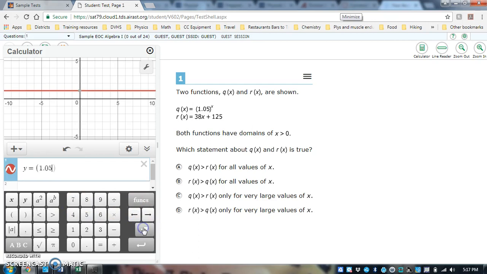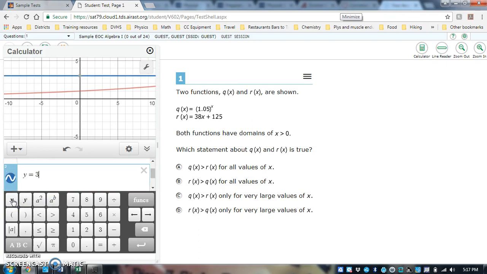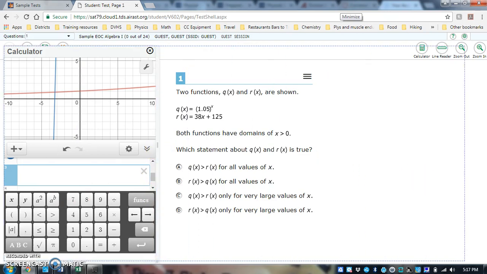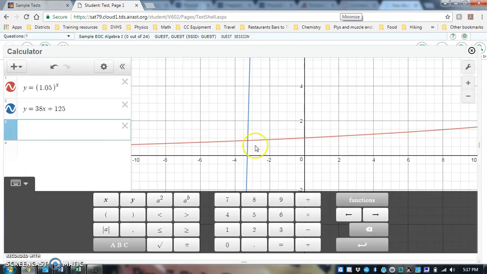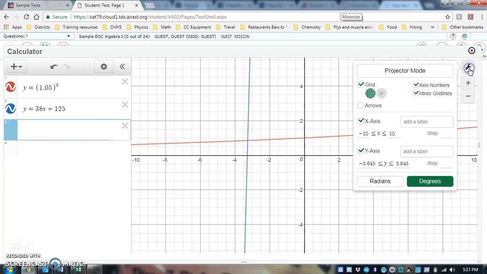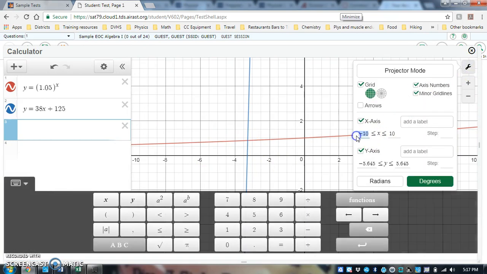So I'm going to type those in here real quick. Alright, so we get the functions typed in, and maybe I'm going to change my graph settings. We're going to start our x-axis at 0,